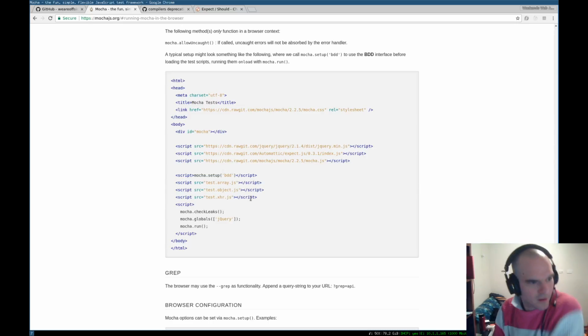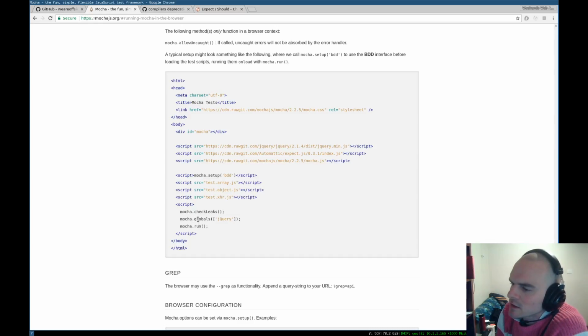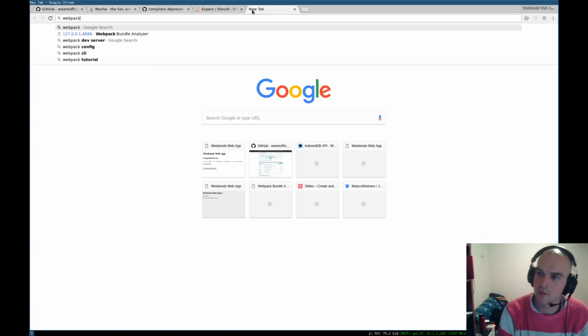Every release of Mocha will have new builds of Mocha.js and Mocha.css. Now let's take a little read of here. You can see got this little setup function, and then check leaks, grab globals, and then run the whole lot. And I can see here that it's grabbing the various tests. What I'm going to do is really quickly see if we can use Webpack to run Mocha.